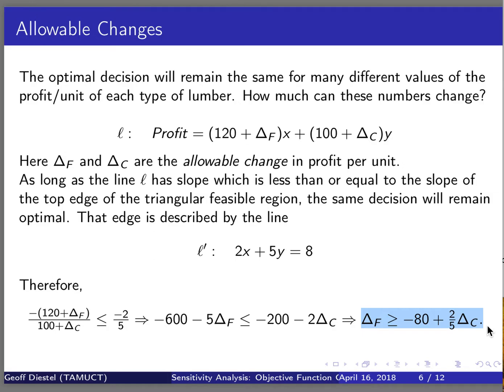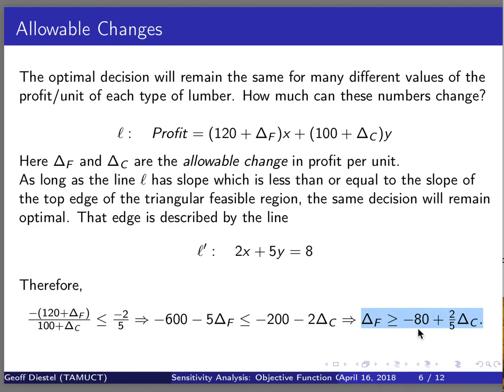Now we want to look at the individual allowable changes. This is very simple. We pretend that only one of the numbers is allowed to change. If only one number is allowed to change, what range of values can the other value have and maintain the same solution? It's very simple. You just look at this inequality and plug in 0 for one of these numbers, delta F or delta C. So in this case, if we let delta C be 0, then delta F has to be bigger than or